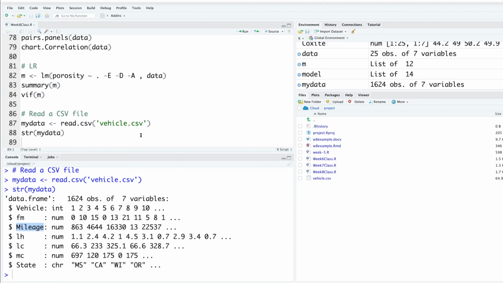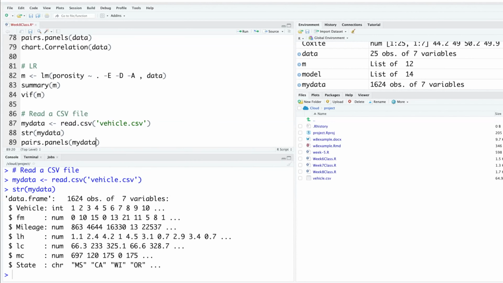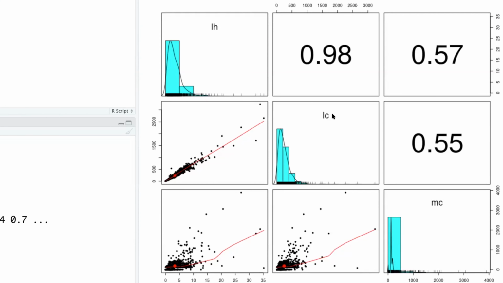So suppose I do a pairs plot, and we want only the first, second, third, so let's say LH, LC, and MC. So the fourth, fifth, and sixth columns: 4, 5, and 6. Let's see if this works. Suppose I want to make a regression model for labor cost based on the other two.